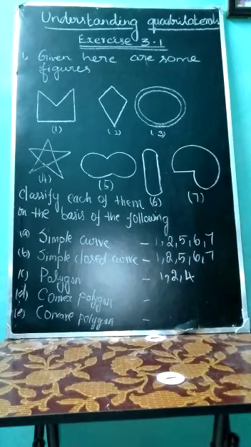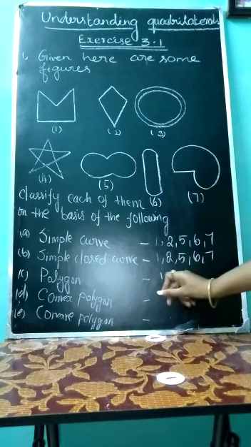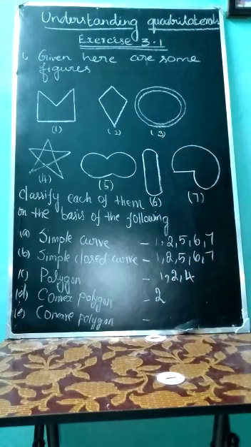Next subdivision, convex polygon, and the final one is concave polygon. What is a convex polygon? A convex polygon is a simple polygon in which no line segment between 2 points on the boundary ever goes outside. Actually, the particular shape we get now is the convex polygon. What are the figures here? The second figure only, that is a quadrilateral. So we have to choose the second figure only for convex polygon.